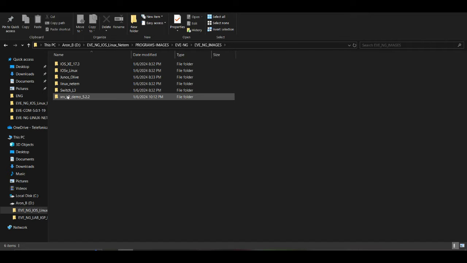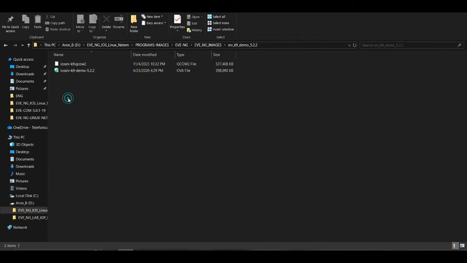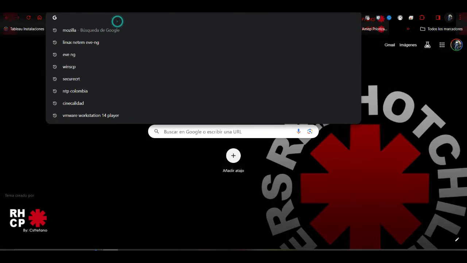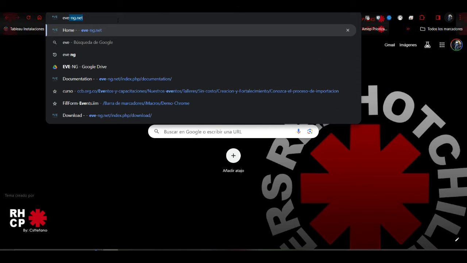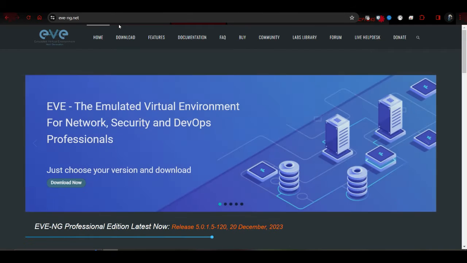We are going to start with the IOS XR. Click in the directory XRv, and we have this file. For this we go to the ifng page. You can open any browser again and type ifng.net, and in this page you can choose this option, documentation,